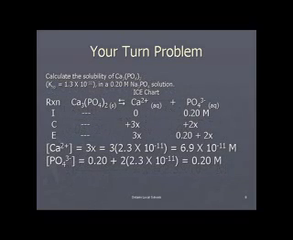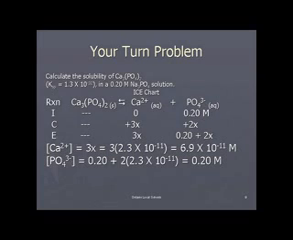Once we know what our value of x is, we can calculate the changes in concentration and find our equilibrium concentrations of both the calcium and the phosphate ion. Our calcium ion concentration is equal to 3x, so we take 3 times 2.3 times 10 to the negative 11th moles per liter, and we end up with a calcium ion concentration of 6.9 times 10 to the negative 11th